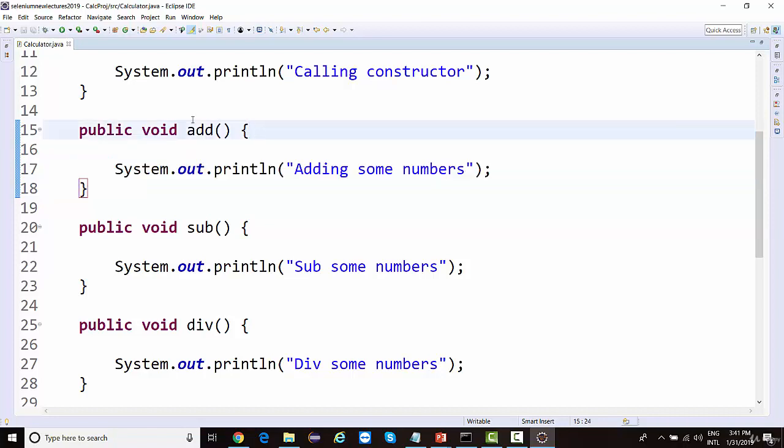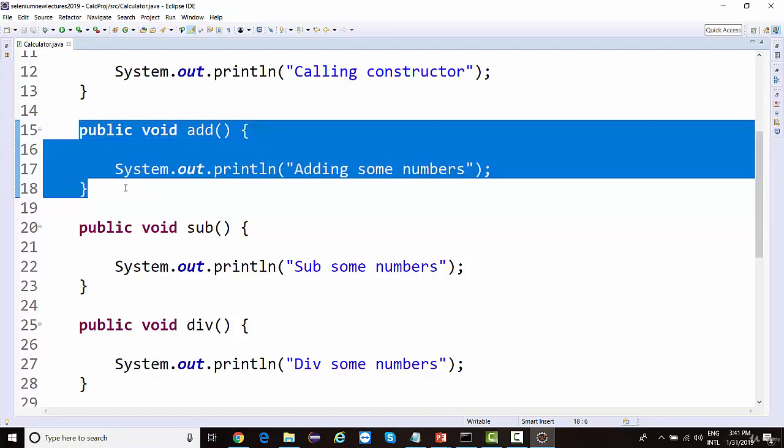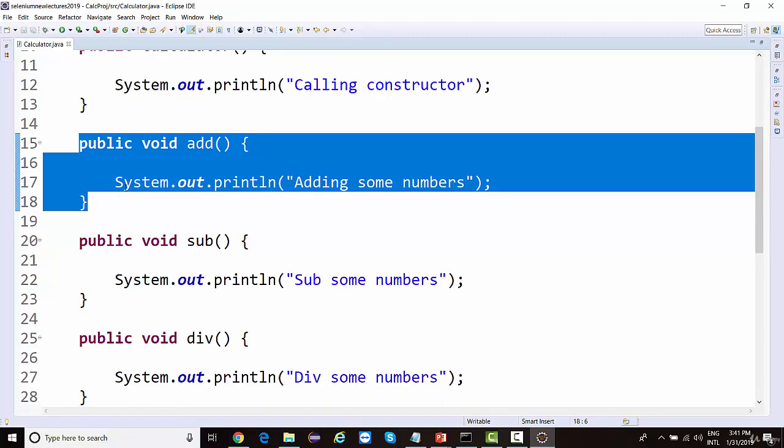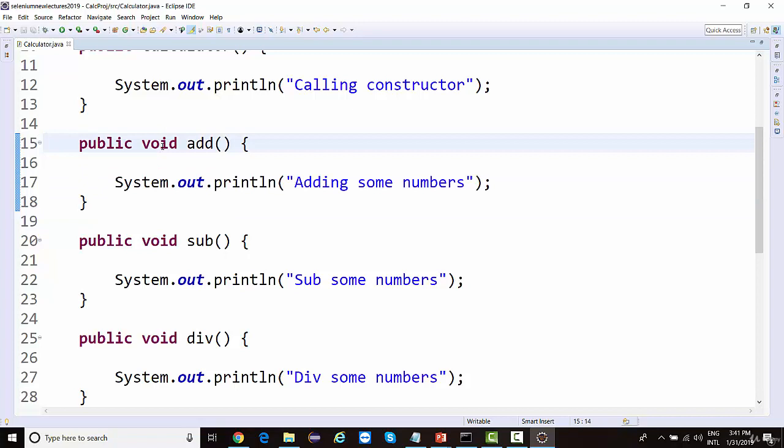Now, I want that anyone from the entire world who wants to do addition, subtraction, division should not recreate this functionality. I've already designed the entire calculator project, all the addition, division methods. So if anyone wants to add something, divide something, he can access my library and call this addition method instead of rewriting the entire logic.